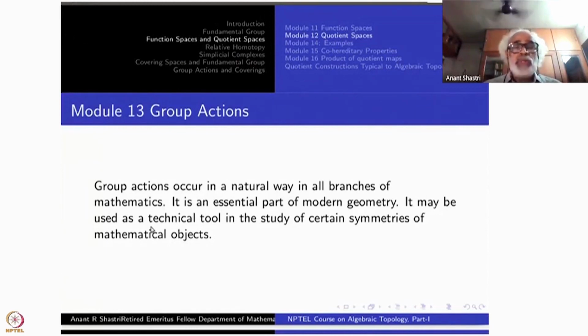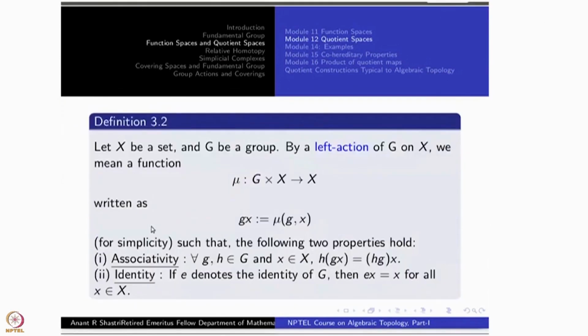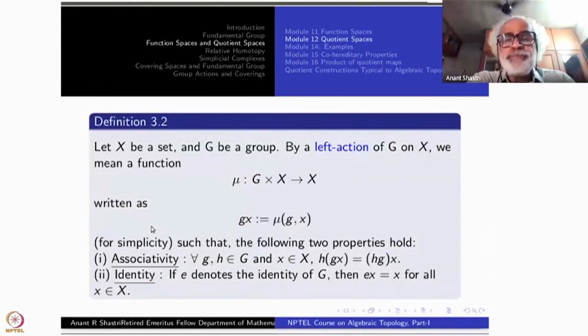Okay, so we cannot go on exposing that part of it, but let us start with what is the definition, what are the basic concepts with the group action. Some of it you might have seen while studying groups themselves. Start with a set X and a group G. By a left action of G on X, we mean some kind of a binary operation, not exactly, G cross X to X, a set theory function.